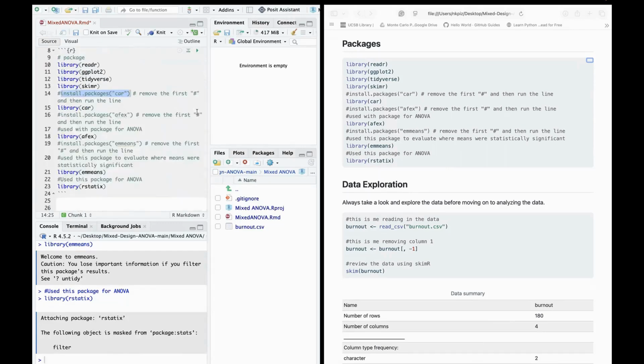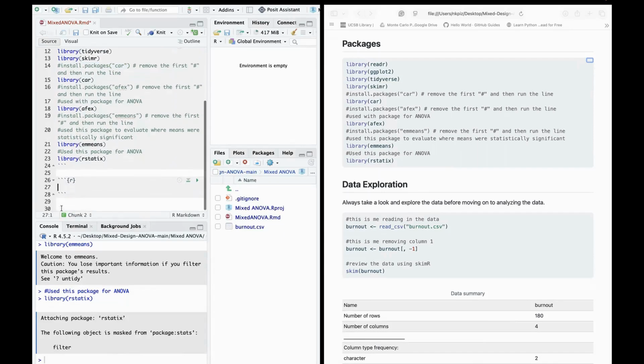I'm just going to move out of this message. All right. So now we can start going into data exploration. And so we are always going to look and explore our data before moving on to any type of analyzing. So I'm going to first start off a new R code chunk here. I'm going to write myself a note by hitting Shift and then pound for a new note to be generated here. So I'm just going to write out data